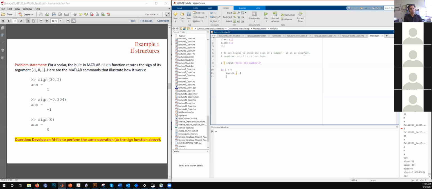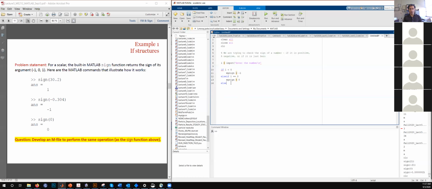So should we directly go to else, or should there be an else if? Should we do an else if I is equal to 0? Just kick out 0. Okay. Then my sign is 0. Should anything follow else? Of course the third condition that is left is I greater than 0.